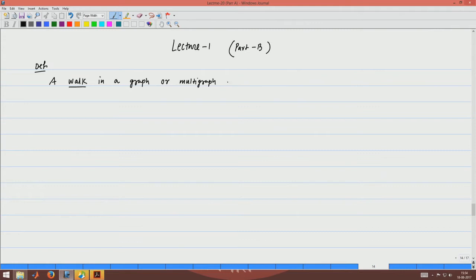So, a walk in a graph or multigraph is an alternating sequence of vertices and edges